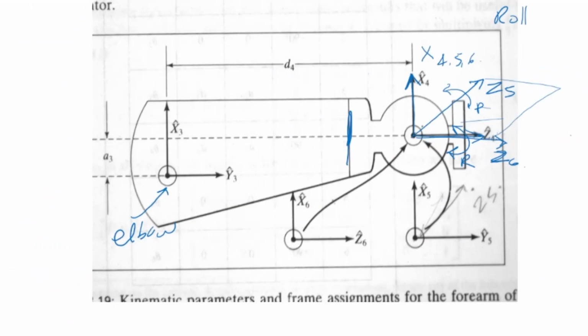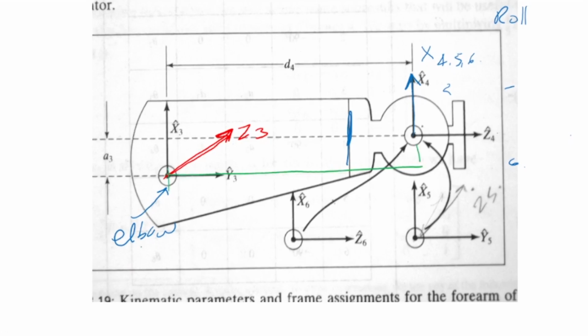So from third to fourth, this is my third, Z3 is that side. Now Z3 and Z4: Z3 is on this side and Z4 is on this side. I hope you have seen, let me rub this off. Z4 is here. So basically what we are seeing is that there are two distances. One distance is the distance between the origins, from here to here. So the distance between the x-axis, x3 is that side and x4 is this side, is given by d4.